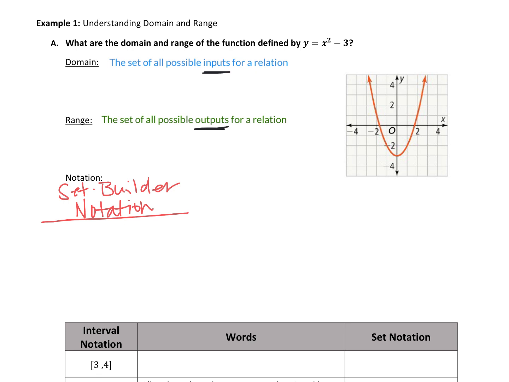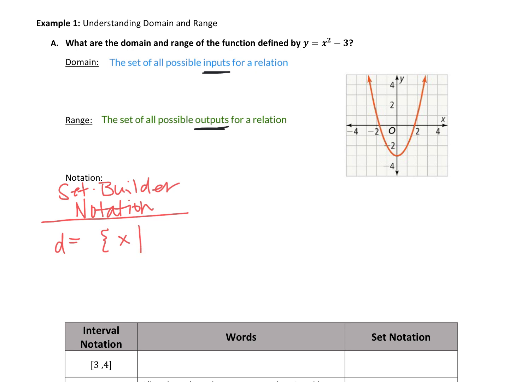All right, so what that's going to look like for our domain, I'm just going to use a domain. So it starts with a bracket, and domain is going to be your x values. So x, and then it gets a bar like that. So what this means is the set of all x values such that, and then